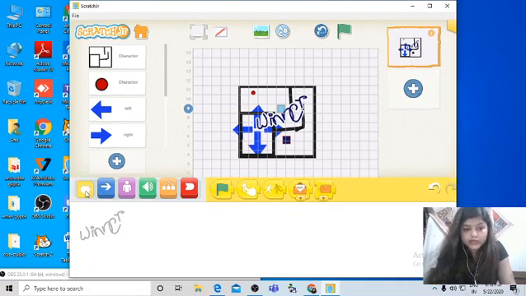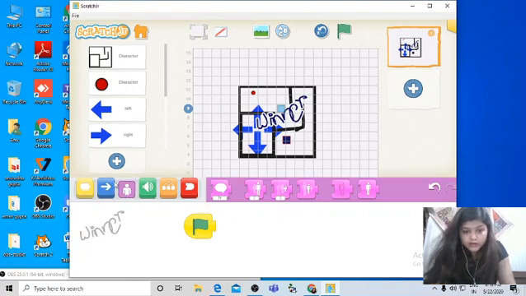So when I'm choosing the flag from the triggering blocks, from the purple block palette, I'm taking this grow block and I'm increasing the maze size to 7.